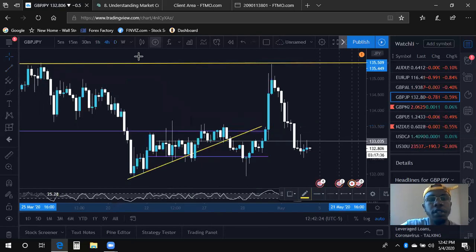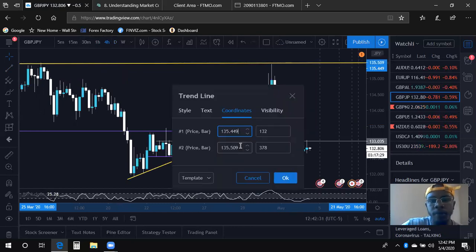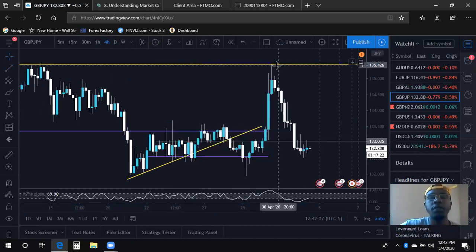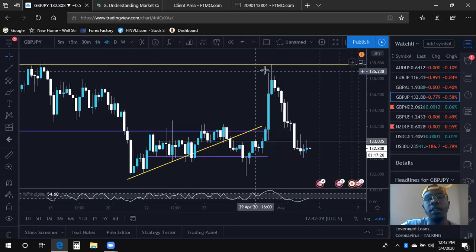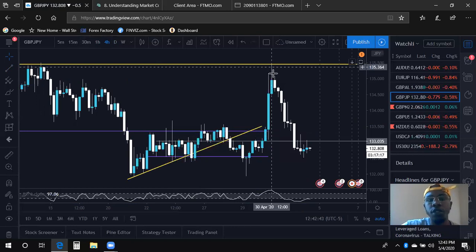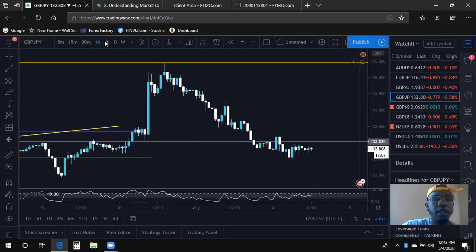So this was supply, meaning that when it came to this line, you will be looking for a sell. And when it came to this line, what happened? Wick and immediate sell. You saw this on the 4 hour right here. If you saw this, you come down to the 1 hour, and then let me highlight it so that way we don't get lost.